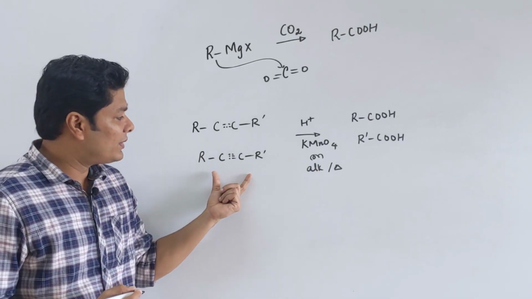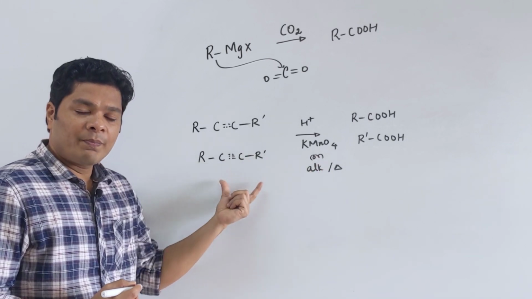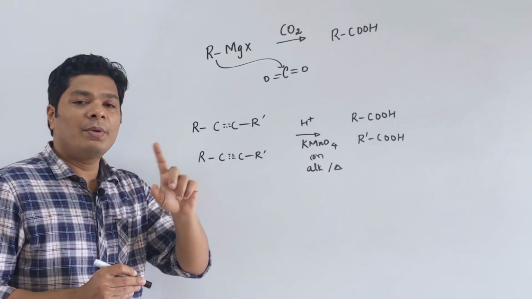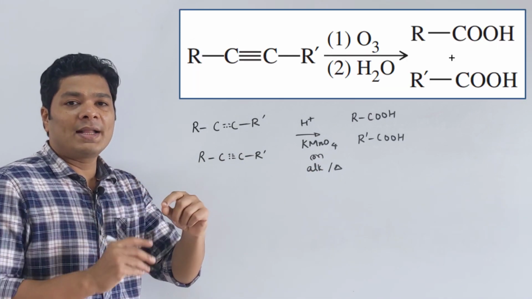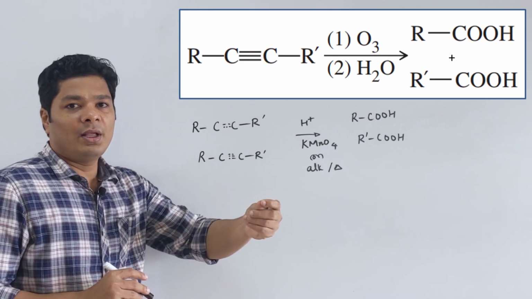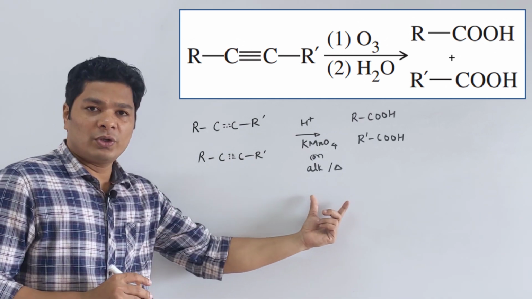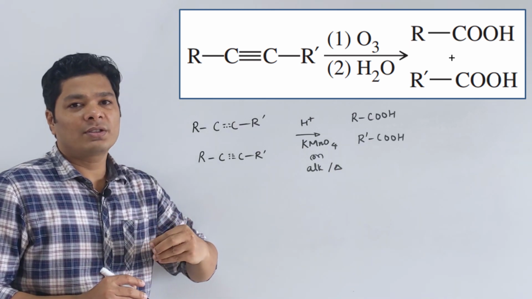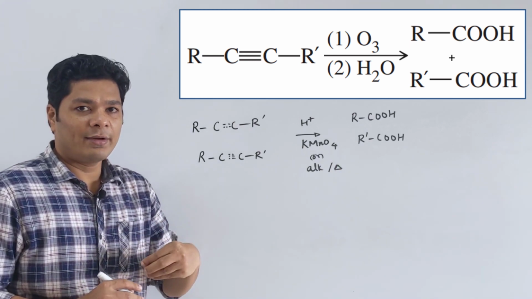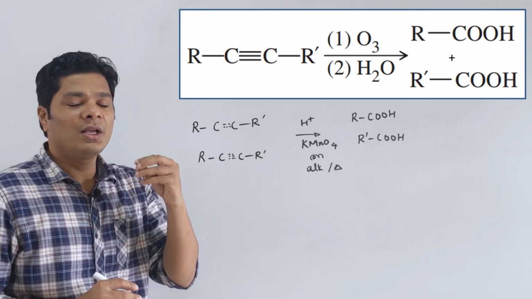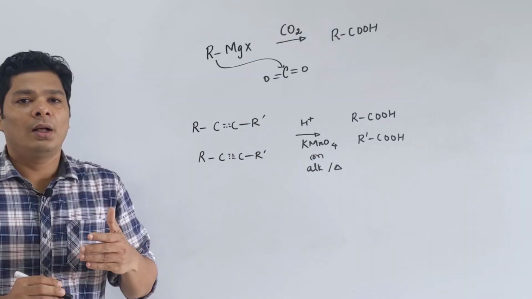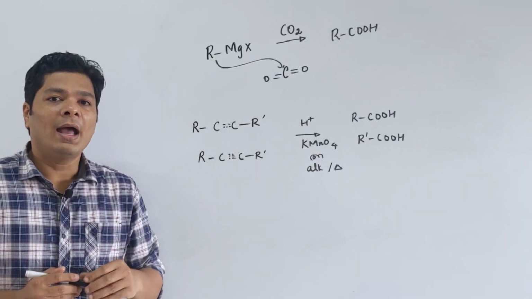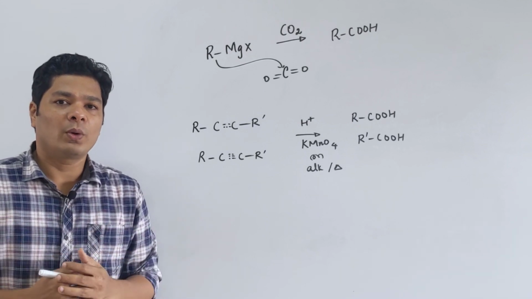We can also do the same from ozonolysis. Ozonolysis, first step is formation of an ozonoid, and then we use zinc, that is reductive. If you do oxidative ozonolysis, you will get the corresponding RCOOH. Oxidative ozonolysis is not in your syllabus, only reductive. So, anytime ozonolysis comes, watch out for zinc. These are the ways one can prepare acid from the functional groups that we already know.